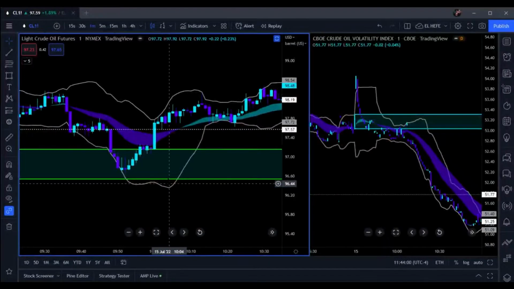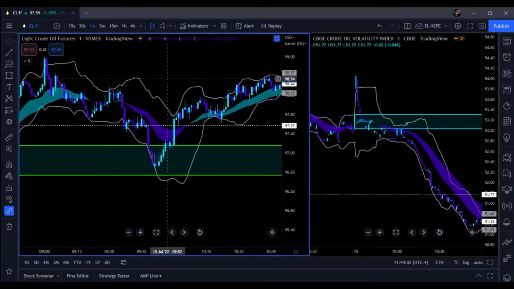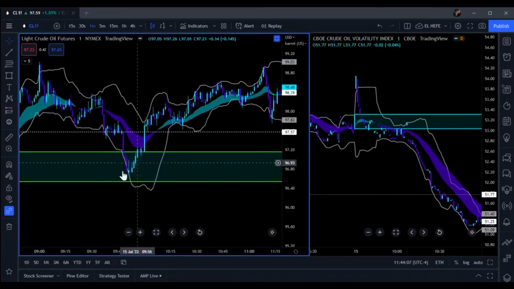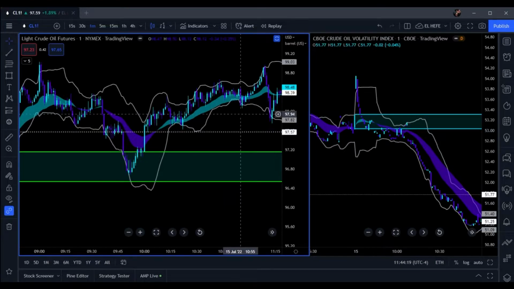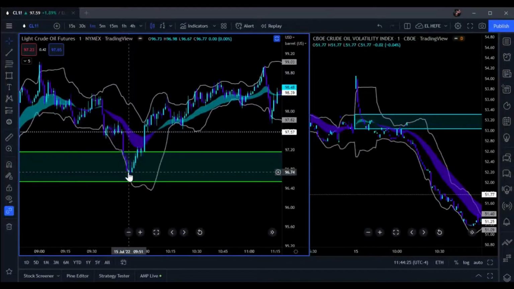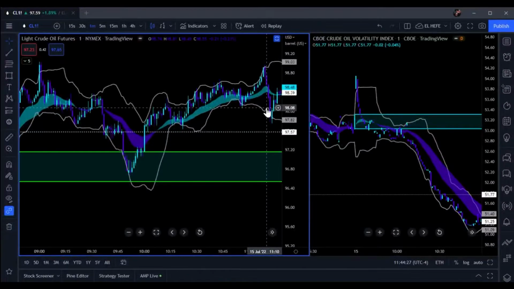Anyhow, that's the gist of it. I could have told you how I would have traded that. I would have got long here, took one off there, took one off probably right here, and took another off. I may have just held the damn thing and moved my stop up behind each lower high and actually got taken out over here. But nonetheless, we're still talking about a move from $96 to $98,